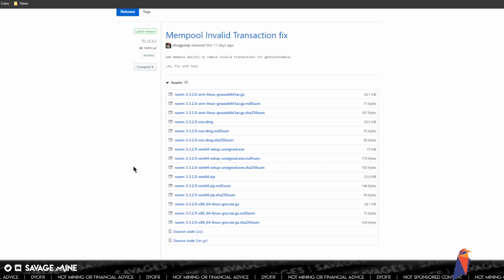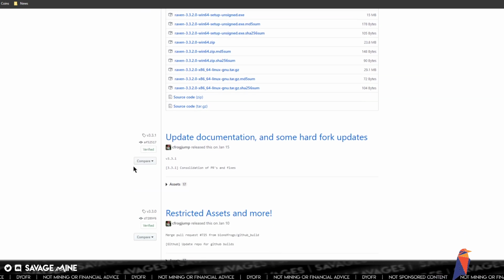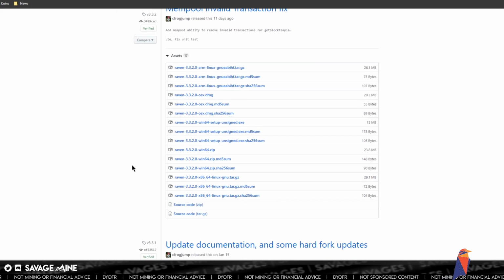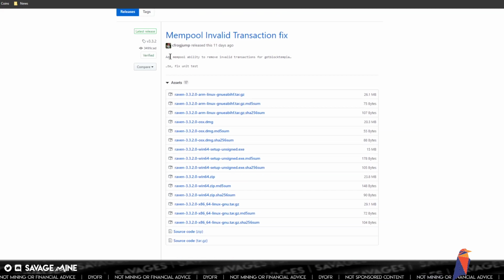All right, so they do have an update to the wallet, 3.3.2, and it looks like it added the ability to remove invalid transactions from the mempool, and some other changes, mostly for command line interface type stuff.